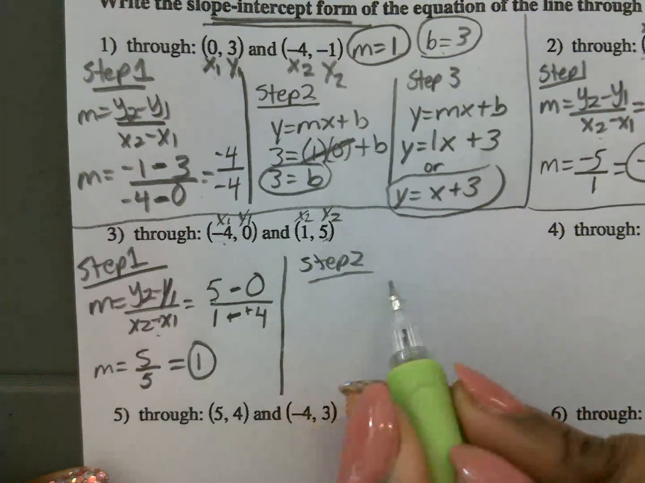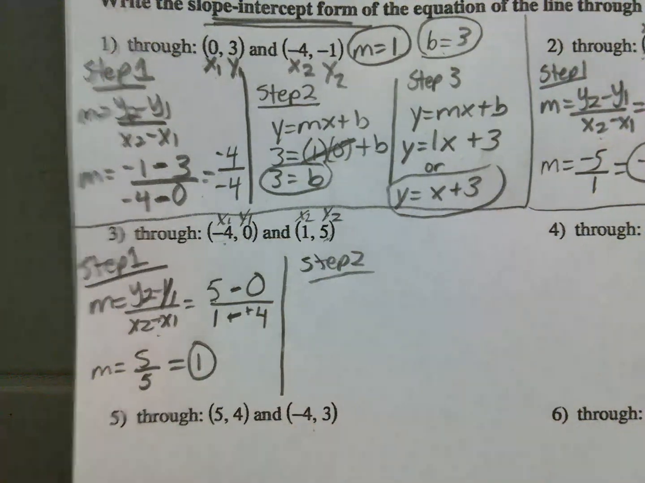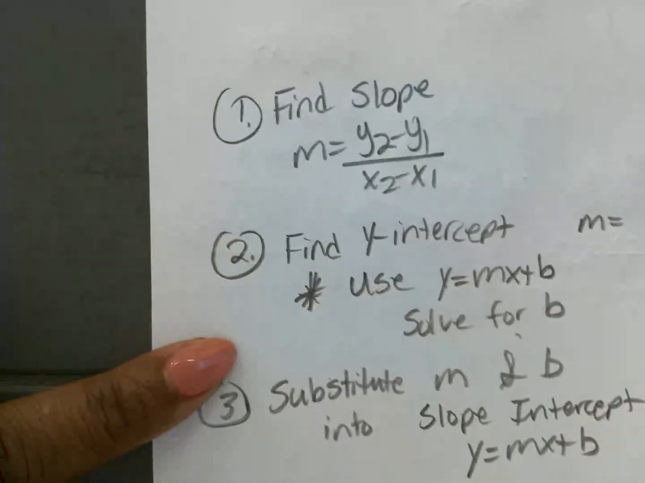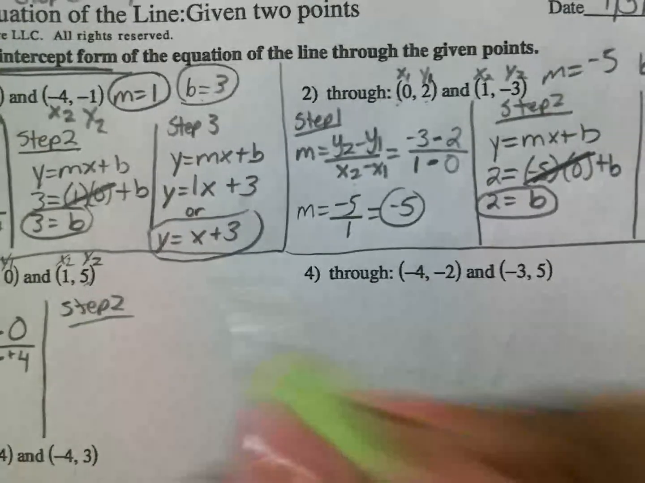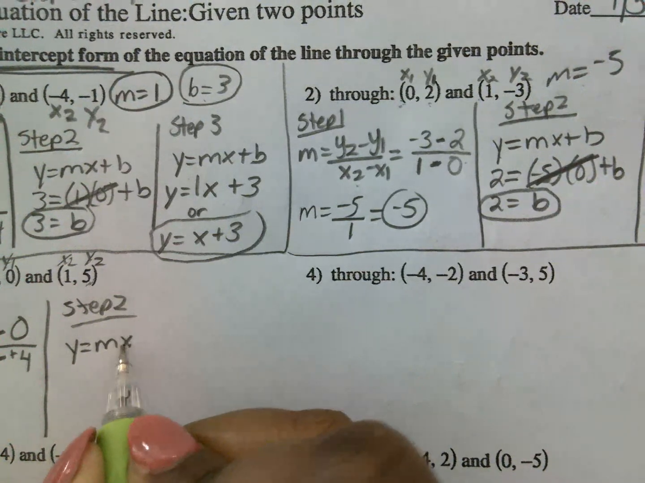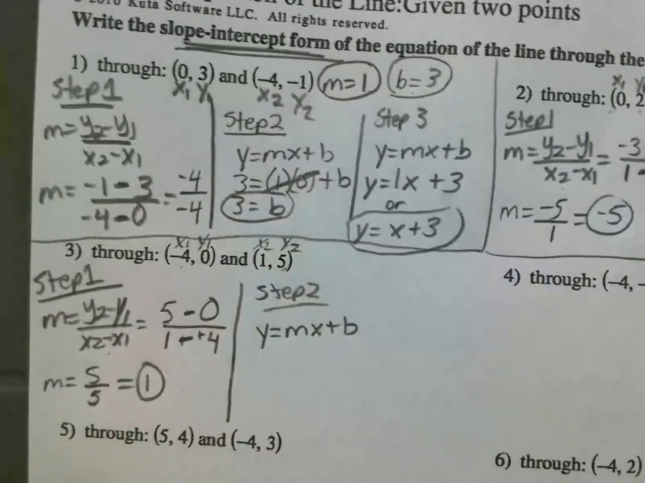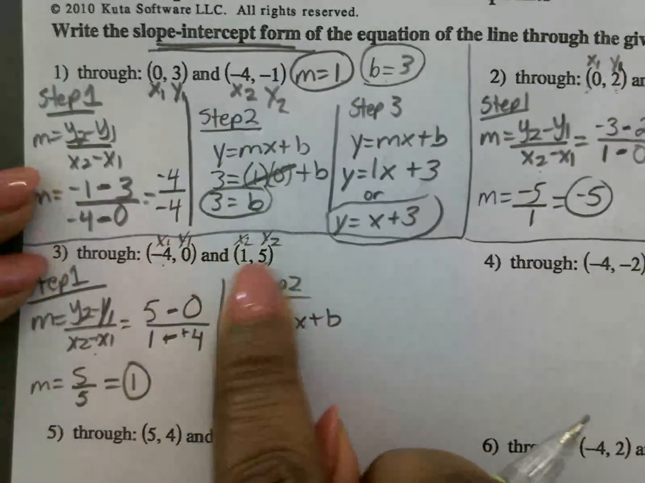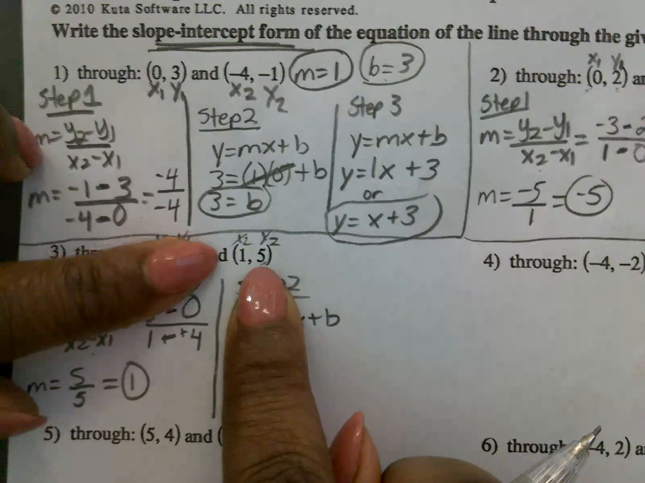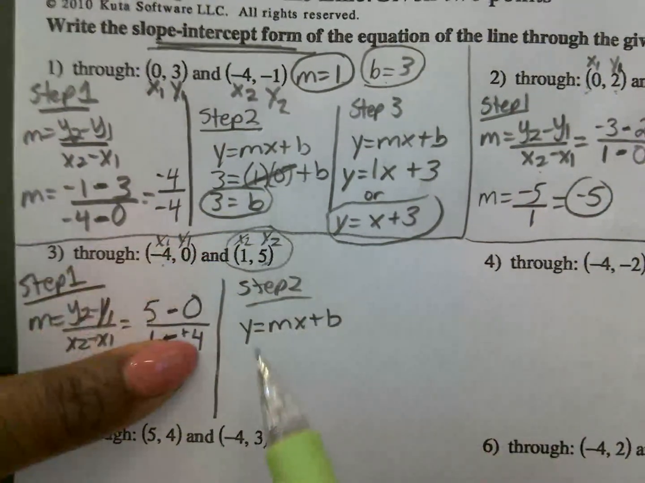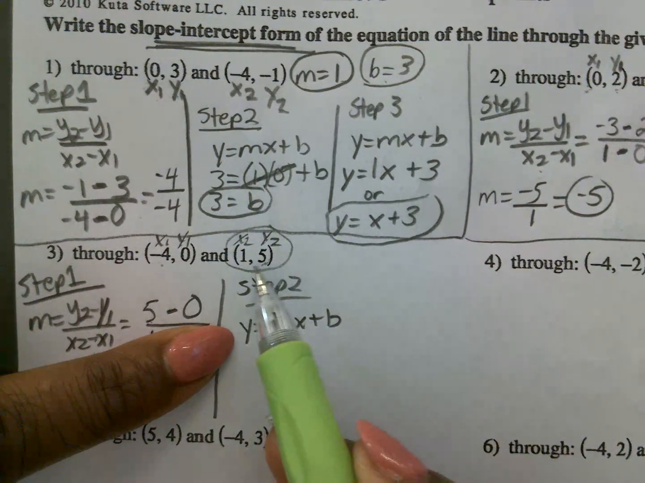Second step is to find b. Find b, find b. Remember I keep saying that? You find the slope, and then you find the y-intercept. And then you substitute, okay? So in order to find b, you're going to use slope-intercept form, y equals mx plus b, okay? You're going to pick one of these points. I'm going to choose this one this time. I'm going to choose 1 and 5, okay? All right, so my y is 5